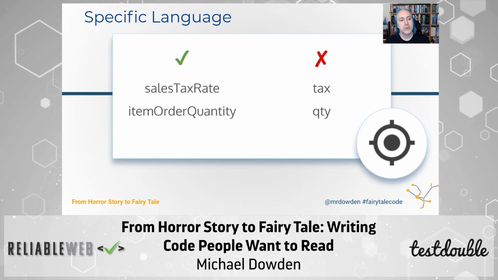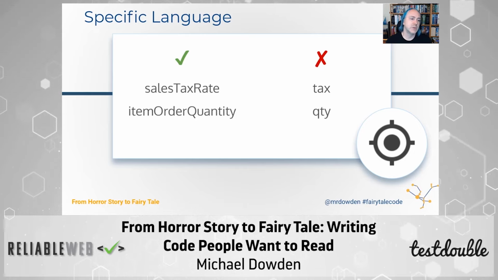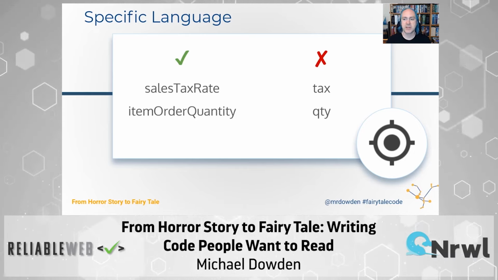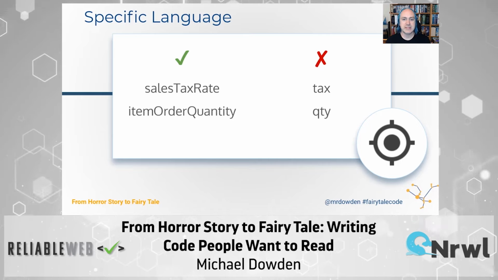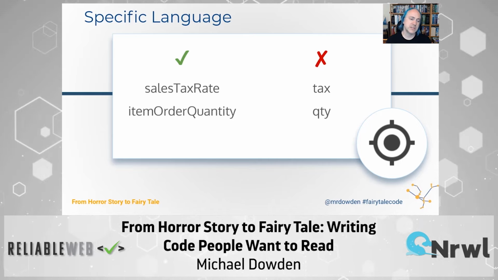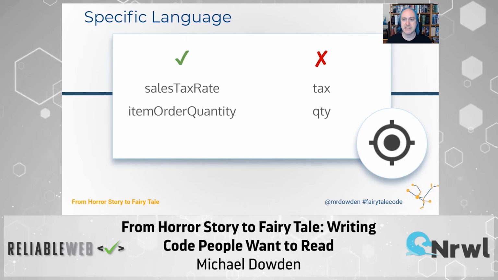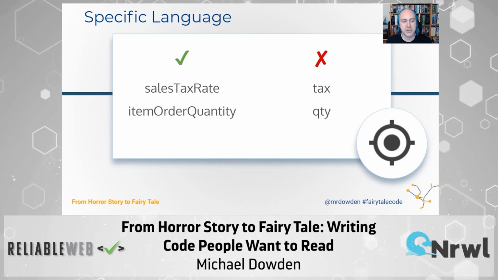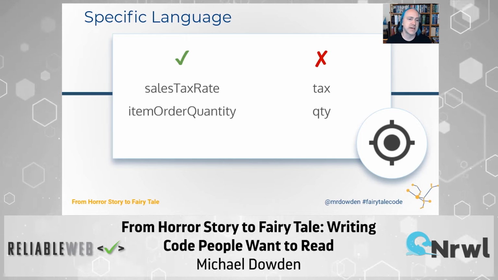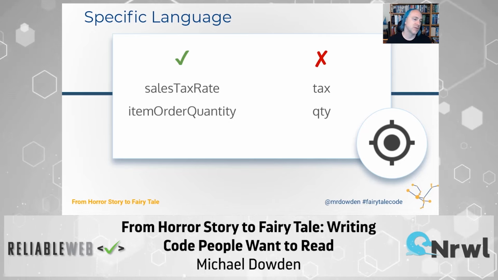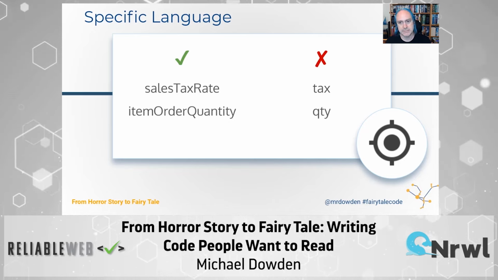Quantity, we don't necessarily know what that quantity applies to without context, so we can be more specific in the way we create these types of things. But we also need to know that that quantity or that tax is in the space of the domain we're working with. If we're talking about sales tax, maybe just tax is okay. If we're dealing with lots of different taxes, maybe it's not.